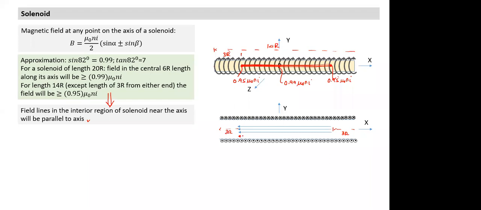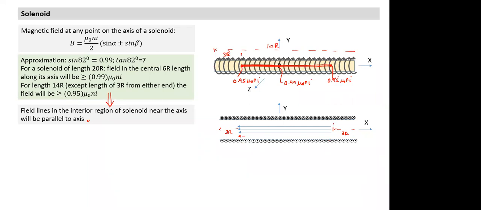So Vignesh, are you more clear now? Is this clarified? Yes, sir. Understood, sir. So it's not exactly constant, but approximately. Approximately. And the farther we go from the end, the closer it gets. If it is long, if it goes 7r distance, it becomes 99% of that value, almost constant. So that's what we do depending on the approximation. You get an idea of what the level of approximation is and what length we need to go inside the solenoid to get close to that approximation.